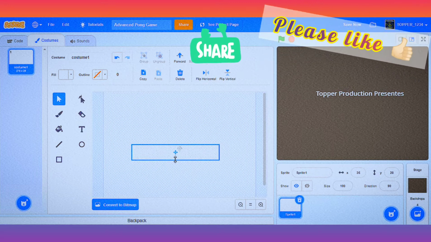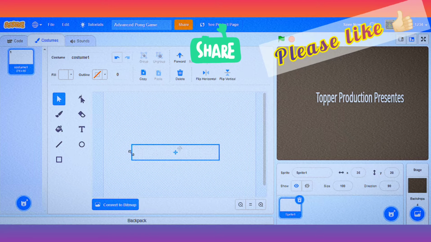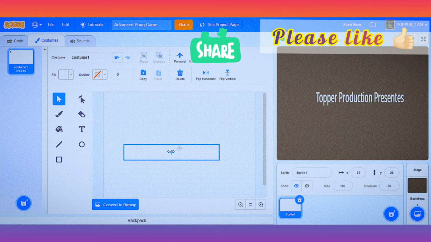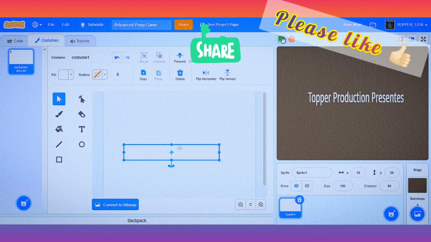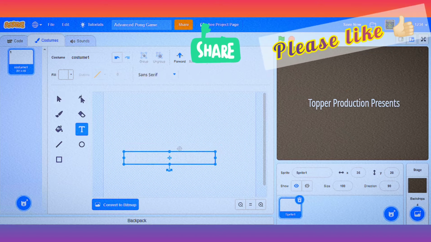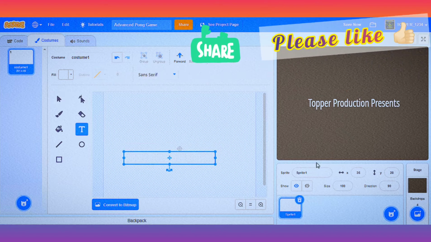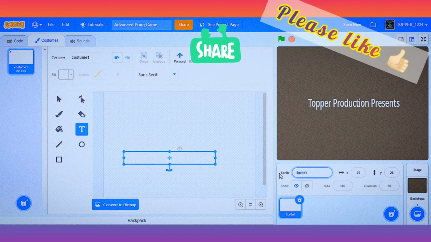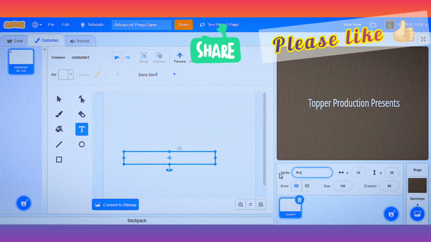I'll also change its size. Yes, that's perfect. I'll name this sprite as pre-intro.